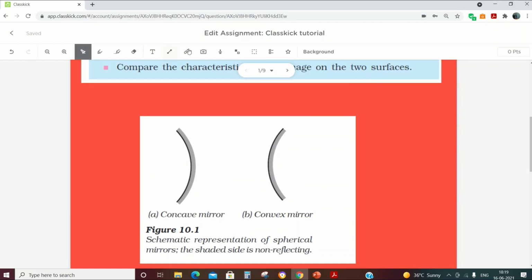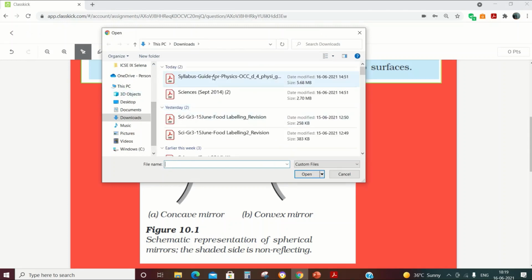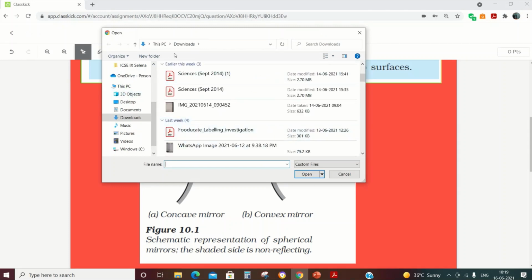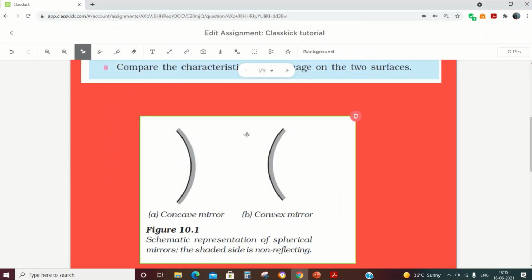And if you have something from your computer, whichever is shared there, you can just use the pictures from the computer, then upload it. Directly you can upload it, just like the way we upload any document in any websites. So this is the easiest tool which we can use for creating our slides.